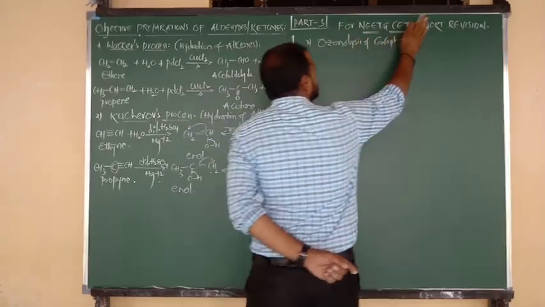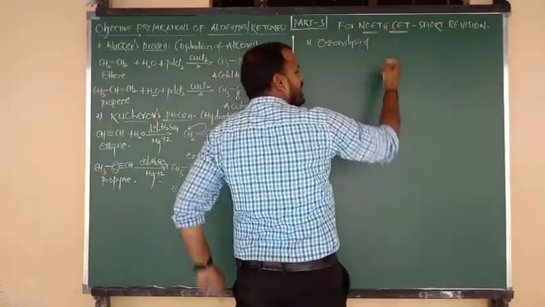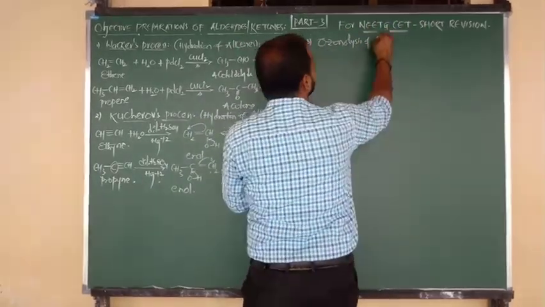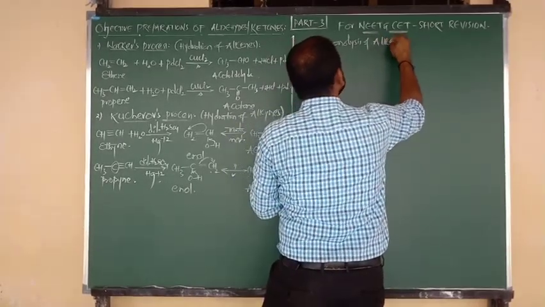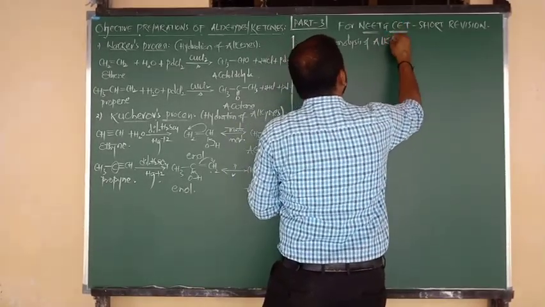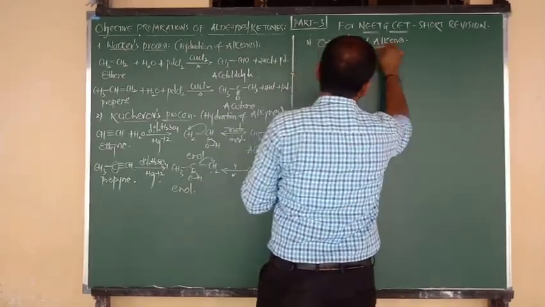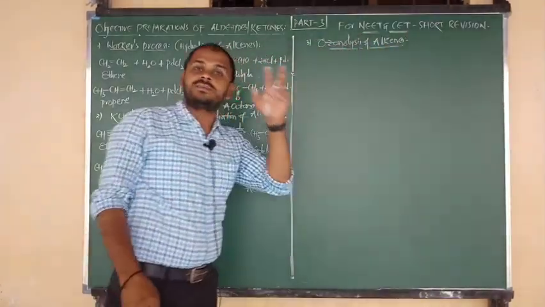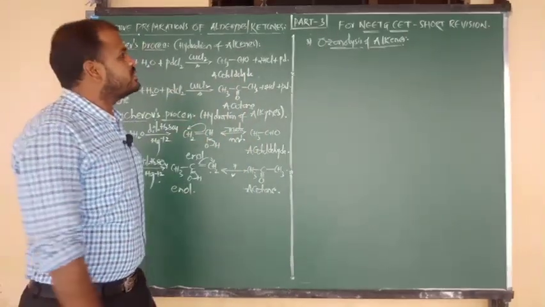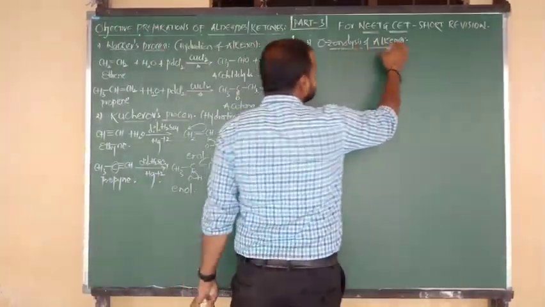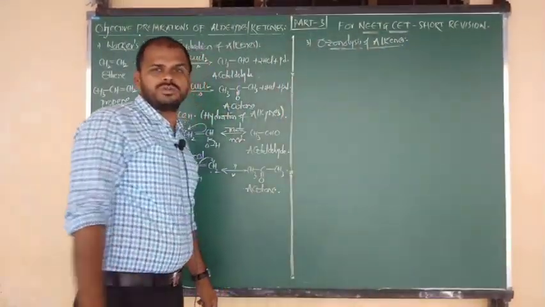Ozonolysis concept. So ozonolysis of which compound? They are going to form the aldehydes and ketones. So simply this also we can fix here. That is nothing but ozonolysis of alkenes. Yes, this chapter, this topic, we have studied in first year. That is nothing but the alkenes topic. So the topic here is ozonolysis of alkenes. Okay, I am going to show the reaction first of all.